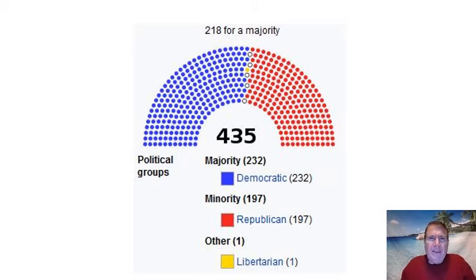Here, of course, in the blue, you see the Democrats, and in the red, you see the Republicans. And every now and then in the House, you get a third political party, like the Libertarian Party or some other type of party. Sometimes you have maybe even 2 or 3 members in the House that aren't either Republicans or Democrats. Sometimes they call themselves independent, but they often vote with the Republicans or they vote with the Democrats.